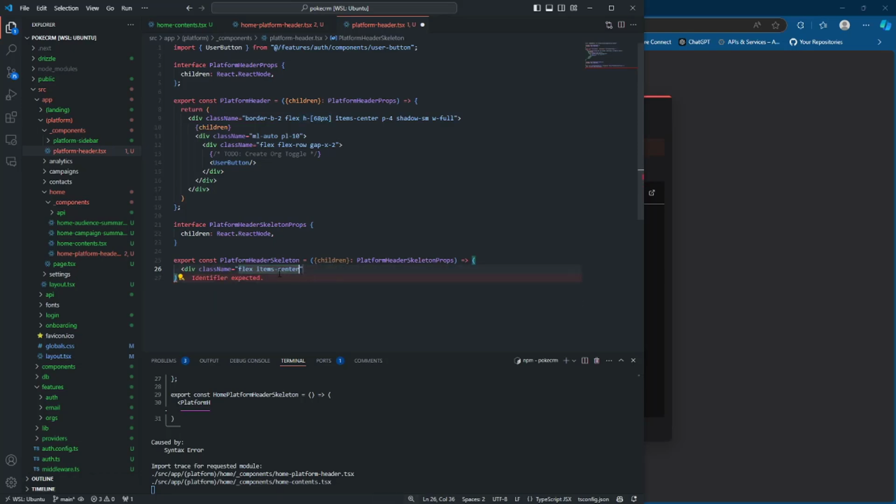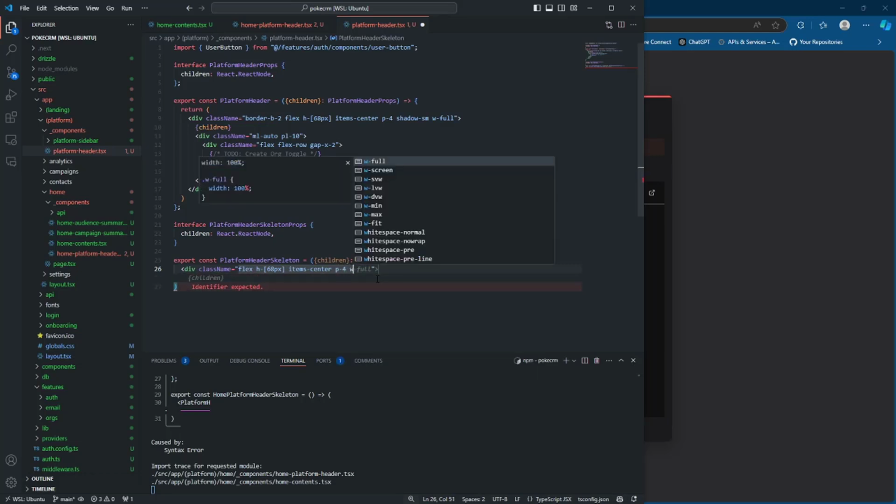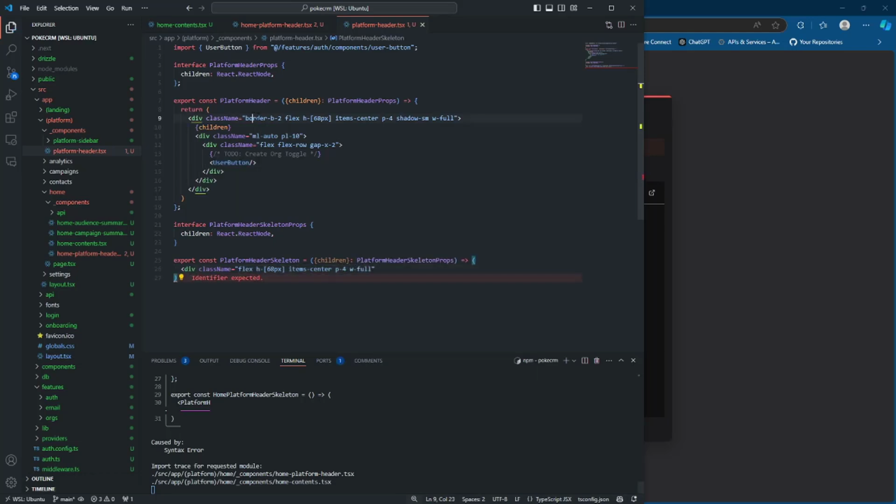Alpha ABC order. I'm going to put this here. Next is padding of 4, width of full. So there's some parts of the header that I'm not transferring to the skeleton, just because they're not supposed to look one-to-one. They're supposed to look similar, but not quite. So what else are we going to have? We're going to have a div inside of here. So we have our children that we're providing, and then